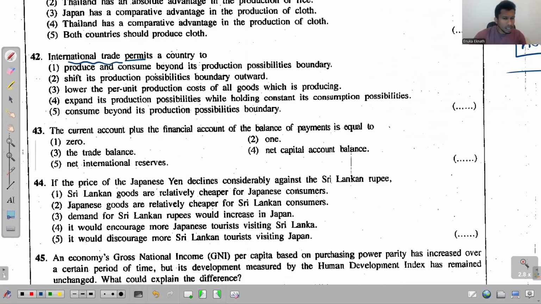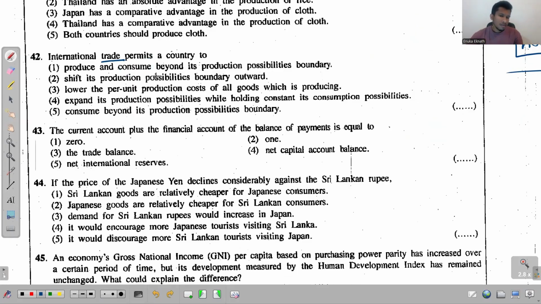International trade permits a country to, first one, produce and consume beyond its production possibilities boundary. See that now. It's true, due to the advantages of exchange, the countries can consume more than what they can